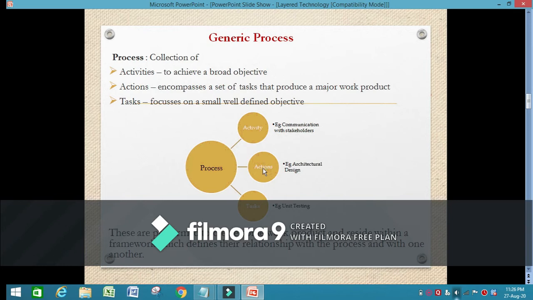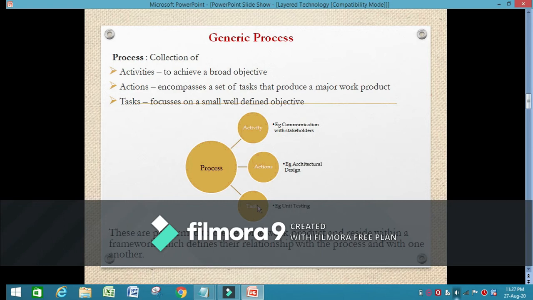The process also consists of actions. The actions consist of tasks that are carried out in order to develop a work product. And then the other one is task. A task focuses on a small, well-defined objective, for example, unit testing. Instead of testing the product as a whole, unit testing, that is, testing each and every module, helps us to identify whether every module is working properly or not.